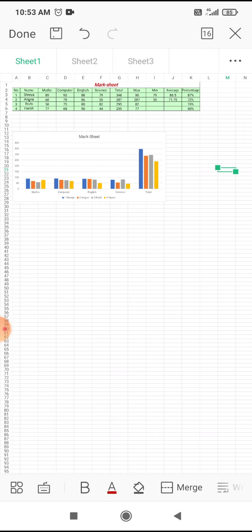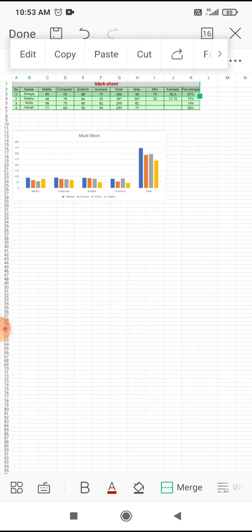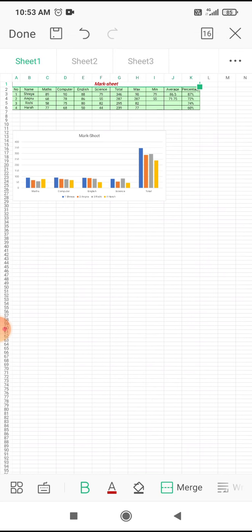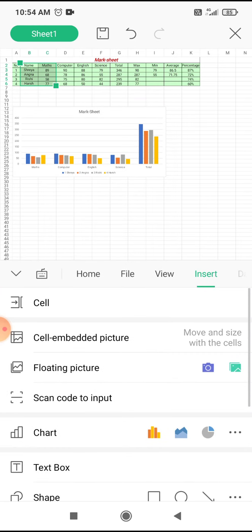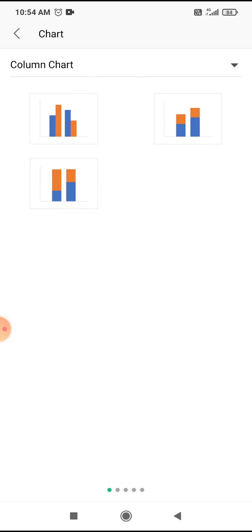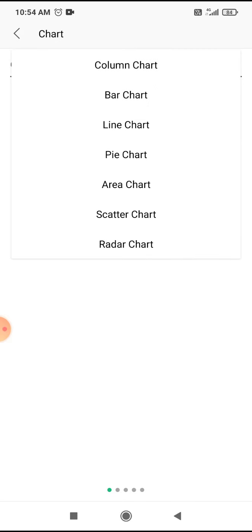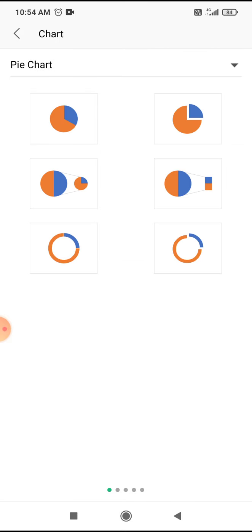Whenever you are creating a pie chart or a donut chart, at that time you have to select only a single series name and single subject. Then click on the home tab, click on insert tab, click on the charts. From here you have to select the pie chart.